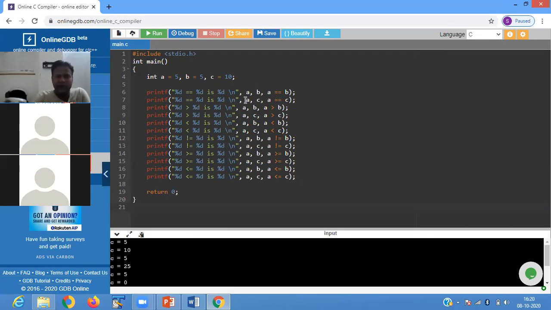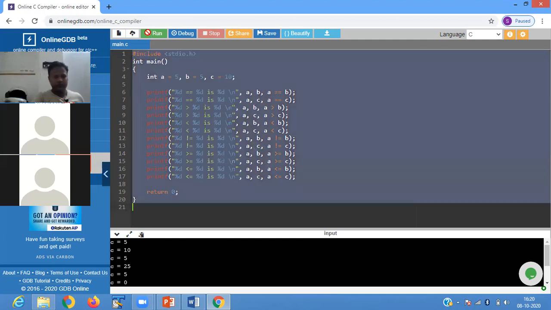Now here we define a is equals to b. If your condition is true, then check what it will display. Five is equals to 5, it is written 1.